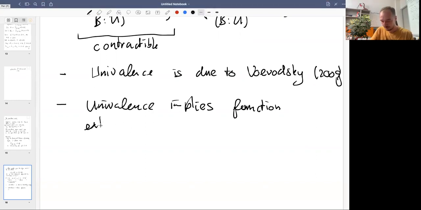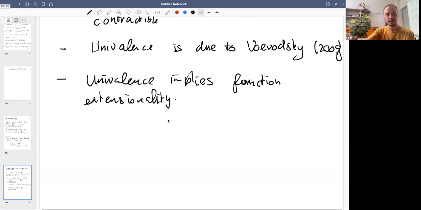Function. And this also, I'm not going to prove it right now. It's a nice result, of course, that you can prove that it implies function extensionality. But we are going to focus on other things, and we just assume function extensionality. But if you want to know how that proof goes, then it's in section 17.2 of my book.